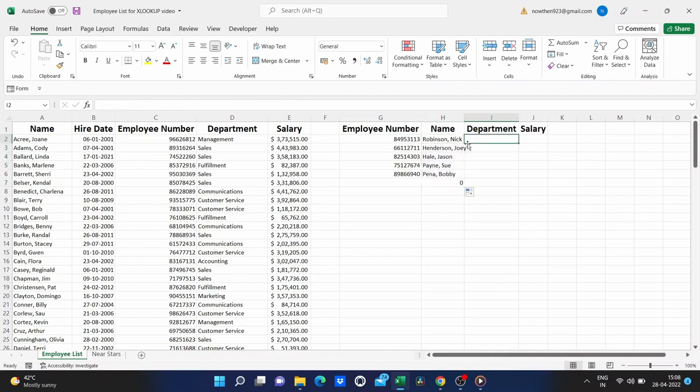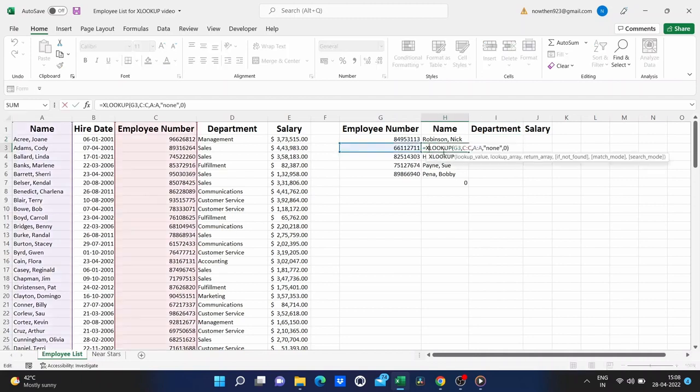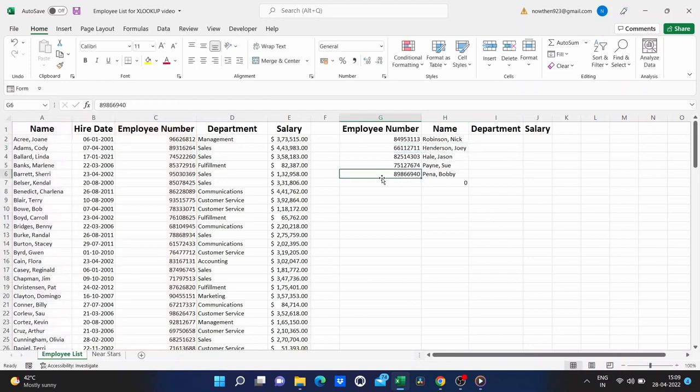It did copy the formula and paste it, but it also extended the numbers. It adjusted the row number basically. In H2, you can see the row number is G2, and in H3, you can see the number is G3. So, it extended that number, it adjusted it up. Same with the rest of these. So pretty quickly, I'm able to look up employee numbers and return employee names.